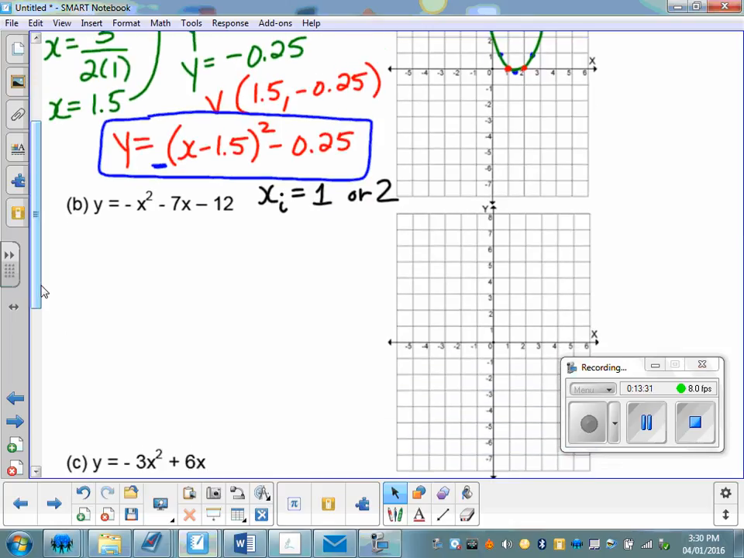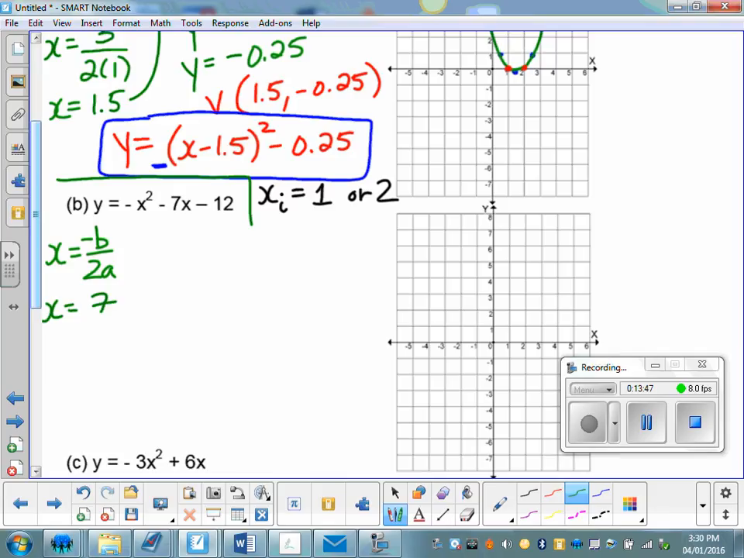The next one here, now I'm looking at this equation here. I'll start with minus b over 2a. So x is going to equal 7 over negative 2. x is equal to negative 3.5. So y equals